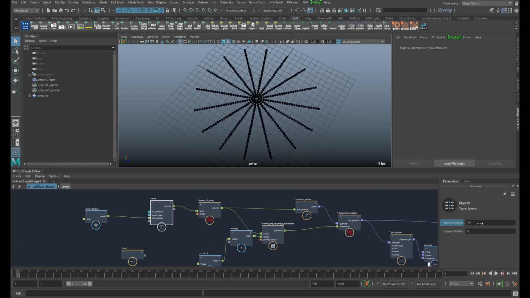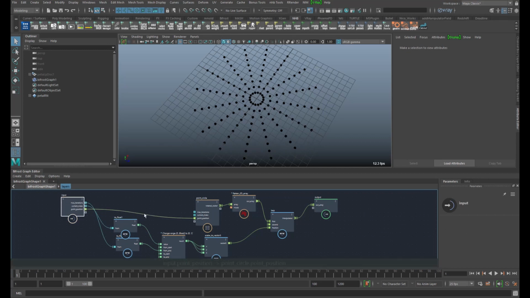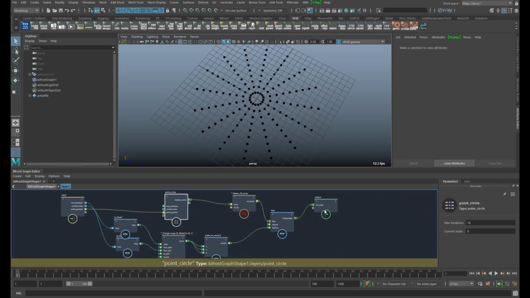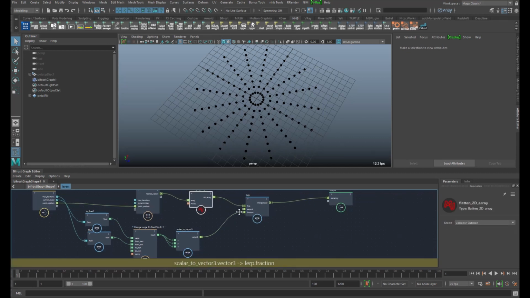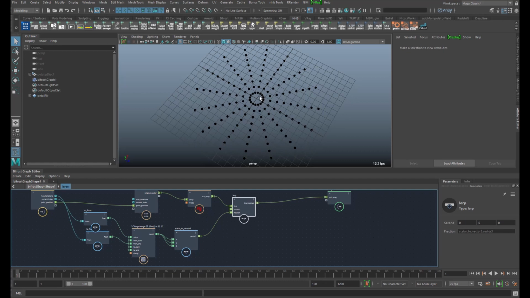And the only thing left to do is to create some rotation offsets, for instance. So right after the lerp, we can take all the points for that layer and rotate them again around our y-axis at the origin.